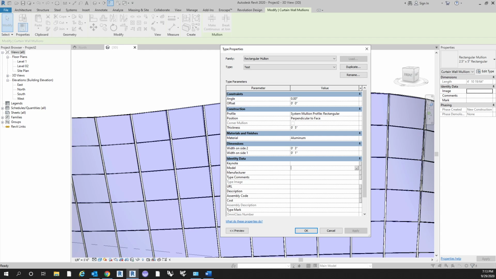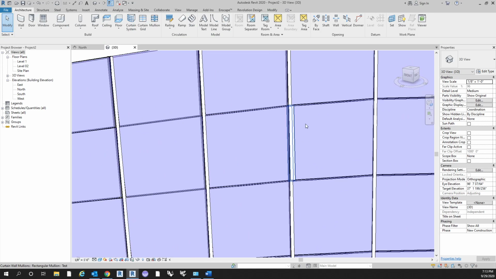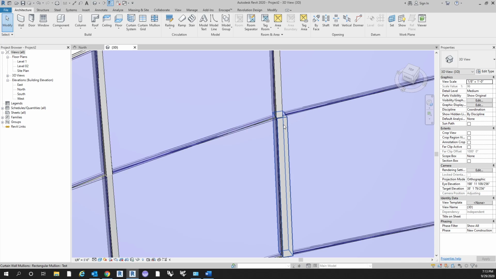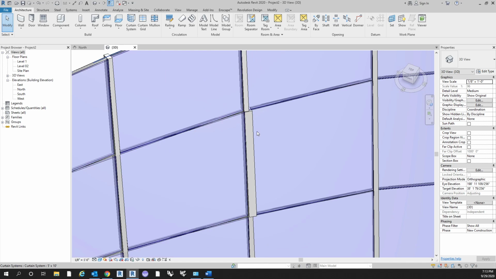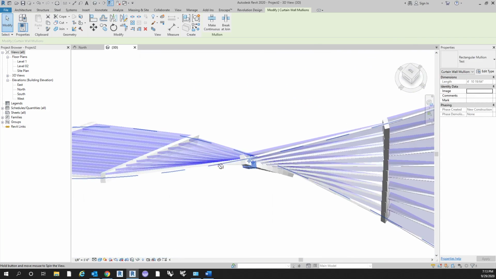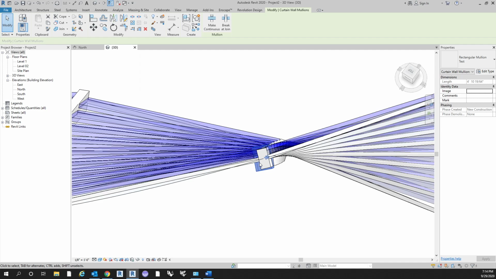and a 1-inch width on side 1 and 3 inches on side 2. And let's just make this 6 inches just for the hell of it. Press OK. And then it will change our mullion a little bit. So it's made it a little bit thicker. Now, because it's centered on this host, the 6 inches are coming off from the center of the face. So if we look, it's basically going 3 inches that way and 3 inches that way from the